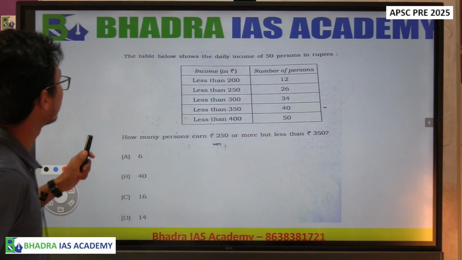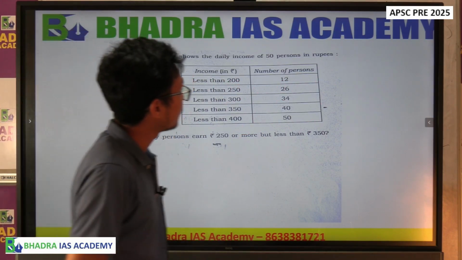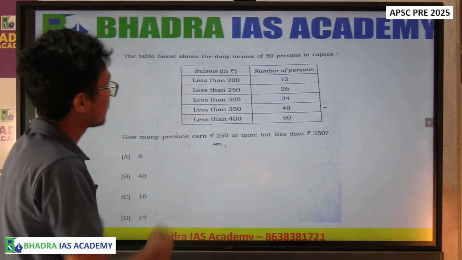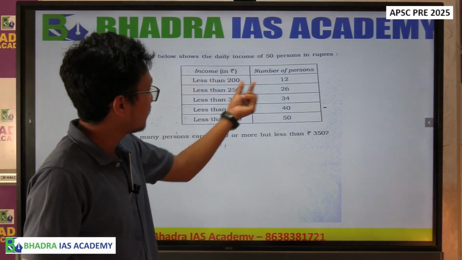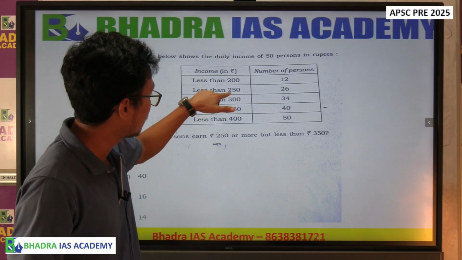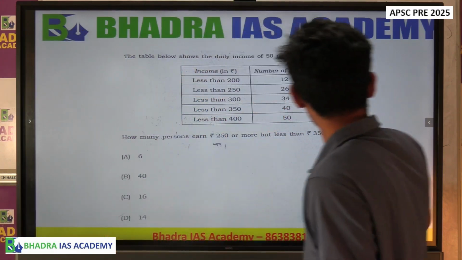So next question, the table below shows the daily income of 50 persons in rupees. So at ekhon table dia ase, so less than 200 kiman number of person income kori ete dia ase, thik tenedore less than 250, less than 300 and dia ase. Question to who is